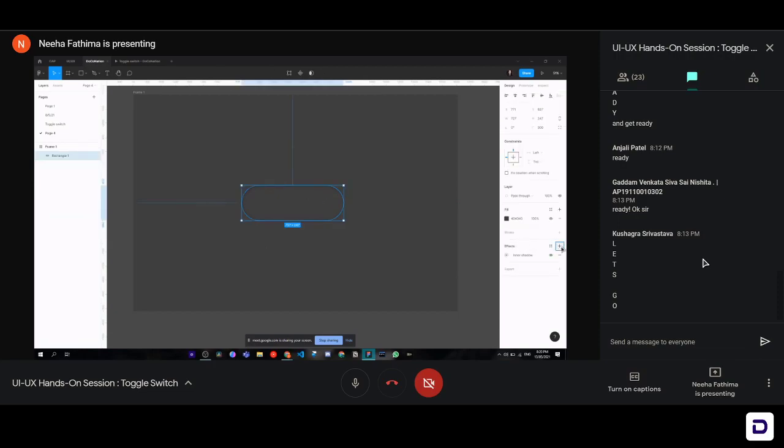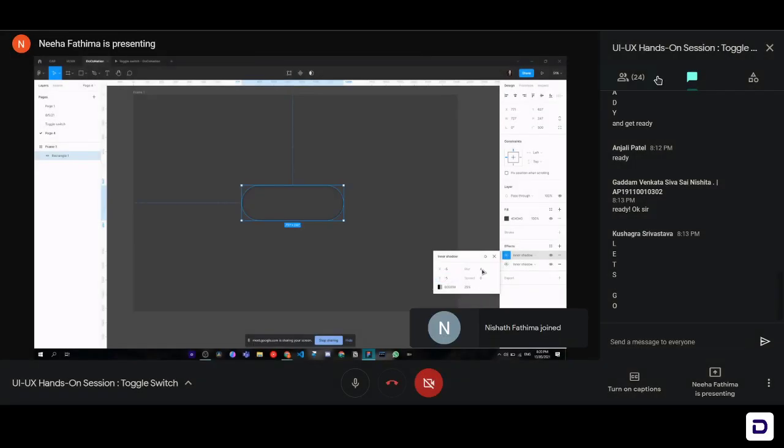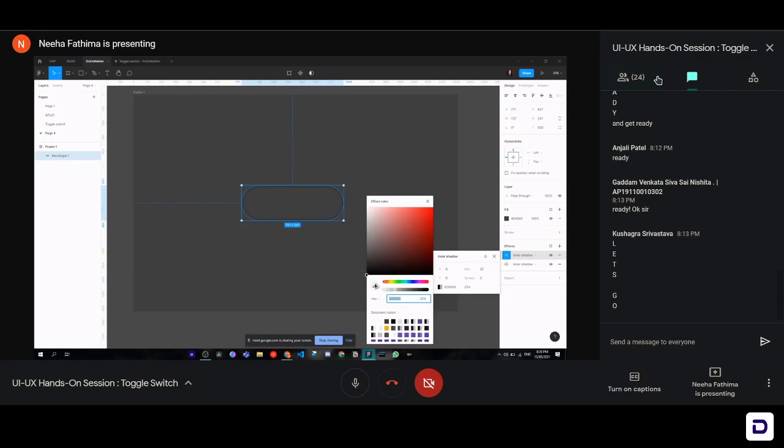We'll click on this plus icon over here, click on this drop down, select the inner shadow option, then go to this little sun icon, click on that, and now we're going to do -5 on the x-axis and -5 on the y-axis. And we'll change the blur again to about 30, 20 is enough, I guess. 20. Okay, and now we will be going lighter. So we'll use our little color picker to collect the color that we've used in the button, and we'll go a little lighter from that shade.